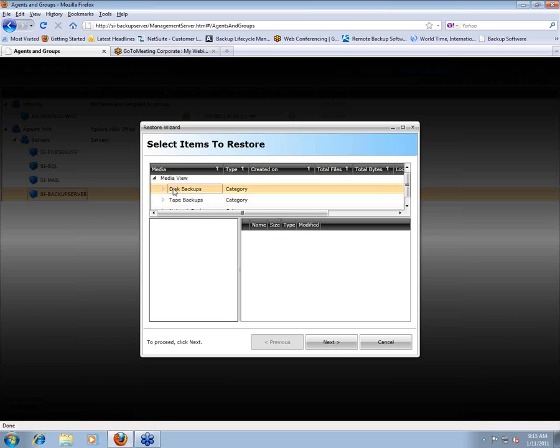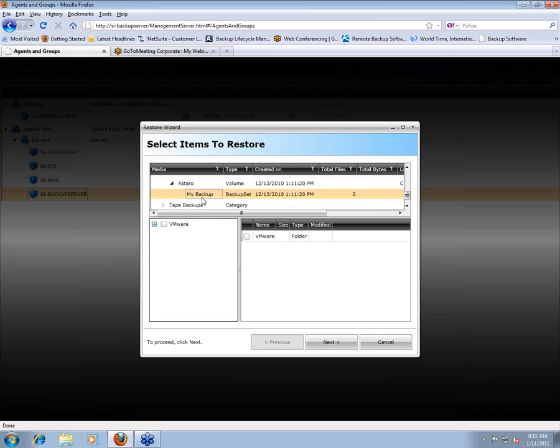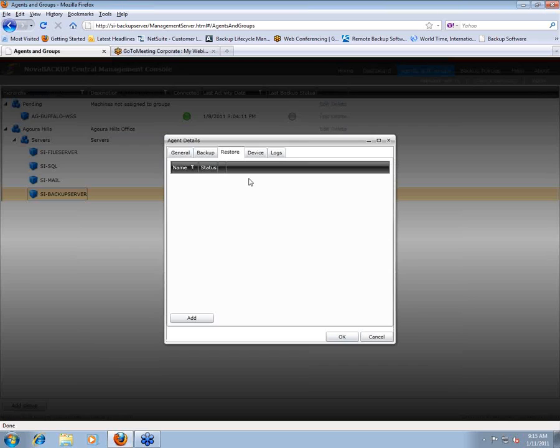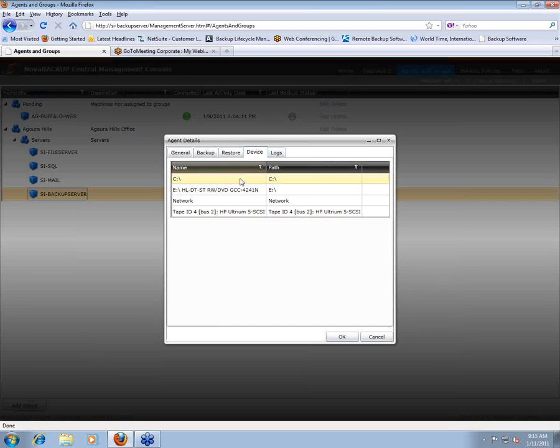And again, for example, if I were to have here, I'll see whatever files I'm backing up. I'll select the backup set, select what I want to restore. I press next, and I press finish, and it works exactly like the client. There's nothing, it's not rocket science. Now, finally, these are the devices that I have created on this client, and